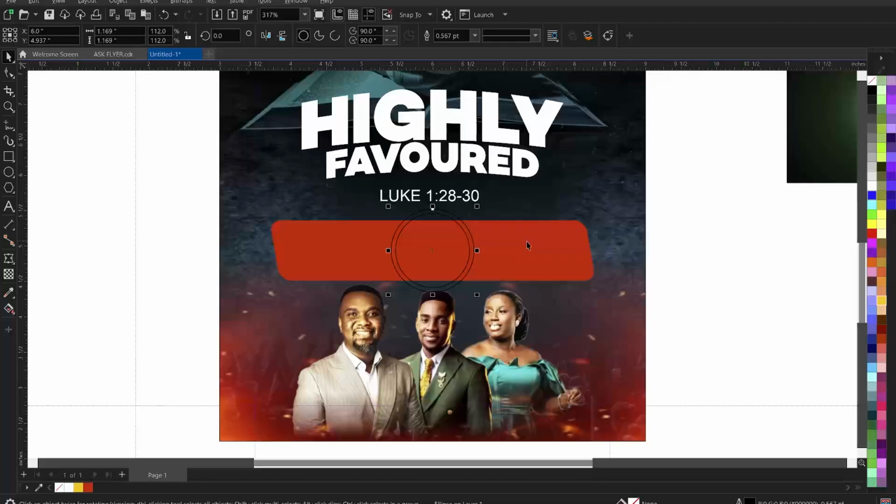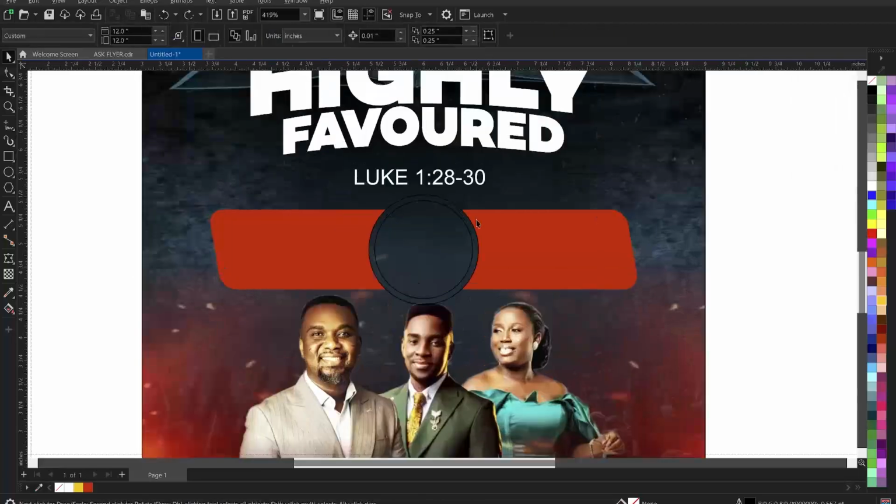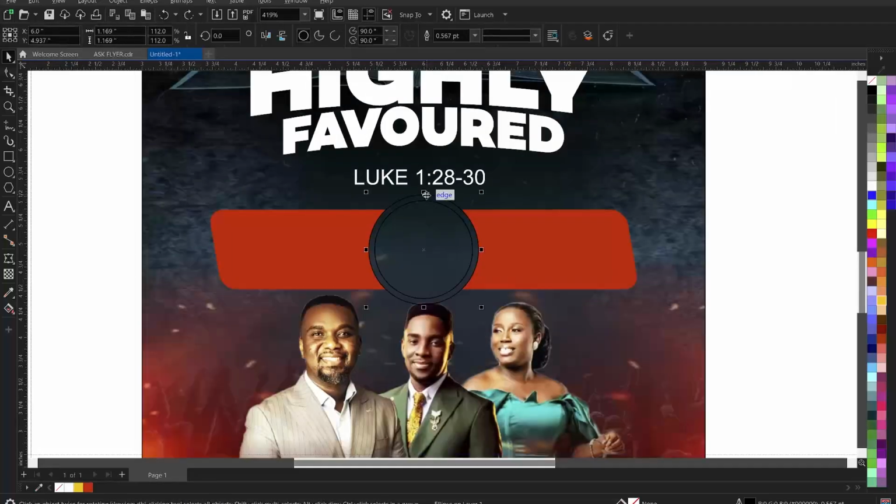We click on it, hold our Shift key, and then click on this to select the two. When we select the two, this will appear here on the property bar. Then we now use trim, right? When we do trim, it will go. So we are going to select the bigger one, that's the one we duplicated, and then we're going to delete